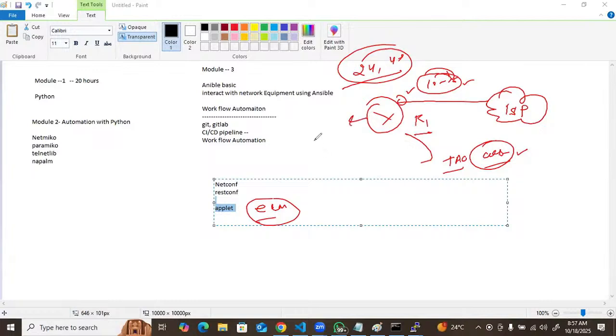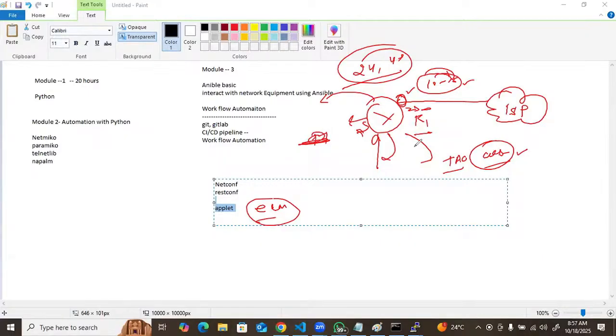Logically, I will install Python inside the device. There is an option, guest shell. Using the guest shell, I will install Python inside this device. Then I track this interface, and if it flaps, that script immediately runs and captures the logs inside the device itself. You got it?